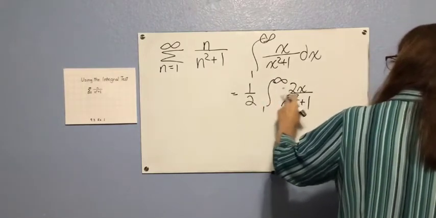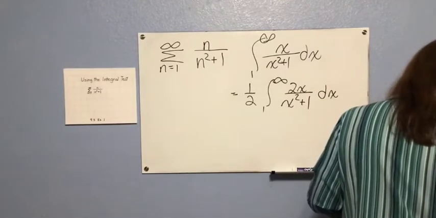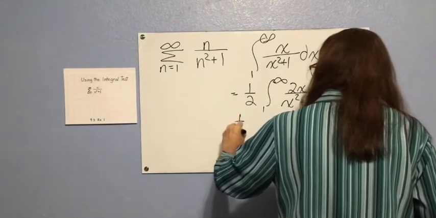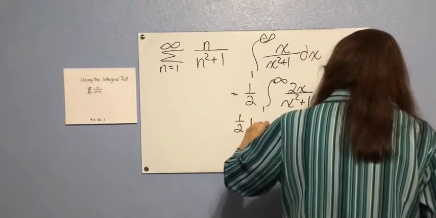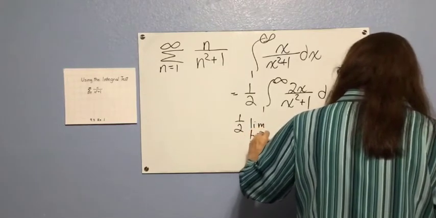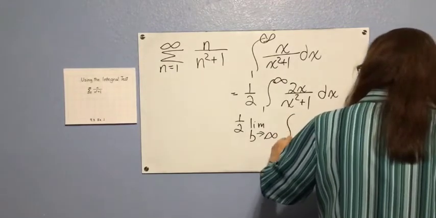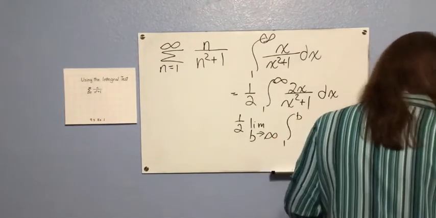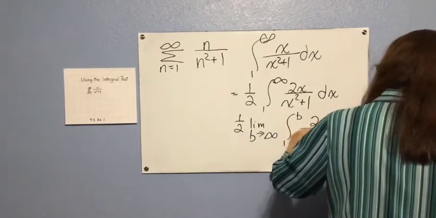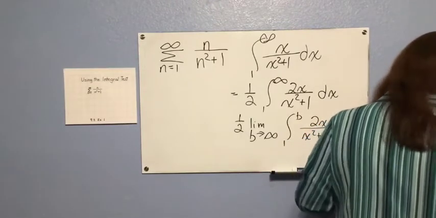I took the 1/2 out so I could have the 2 in here. Which is 1/2 of the limit as b goes to infinity of the integral from 1 to b, 2x over x squared plus 1 dx,